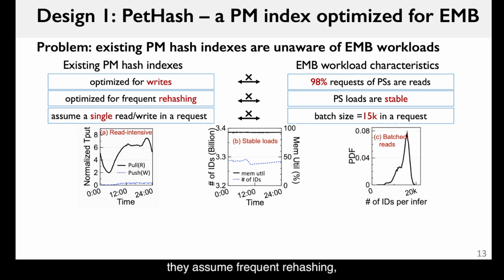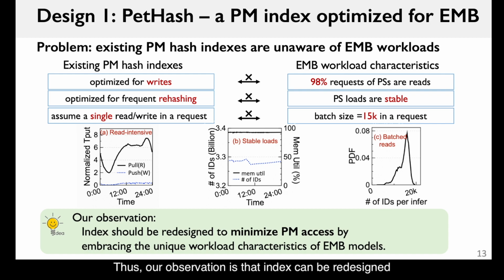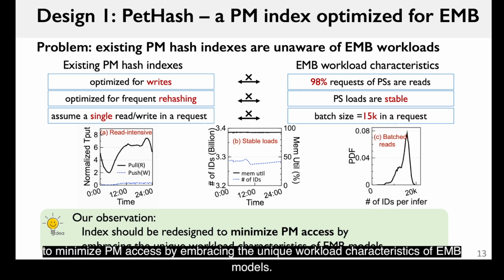Then, they assume frequent rehashing, where PS load is usually stable. Lastly, they assume that an operation will only have a single read or write, while a single request in PS usually contains 15 reads or writes. Thus, our observation is that the index can be redesigned to minimize PM accesses